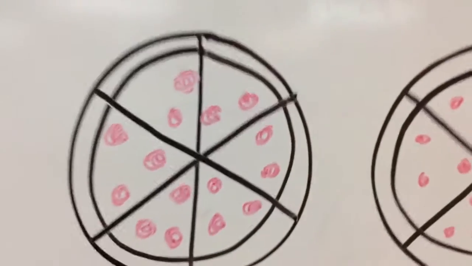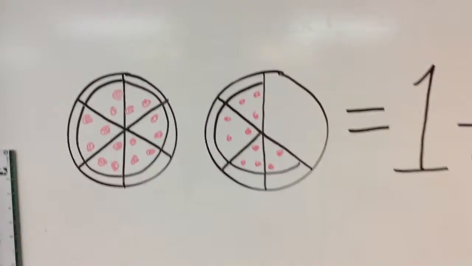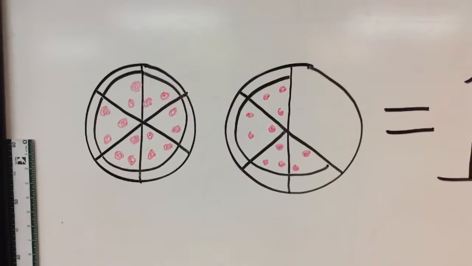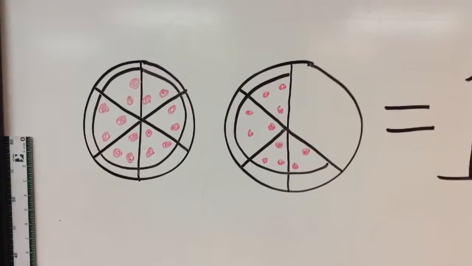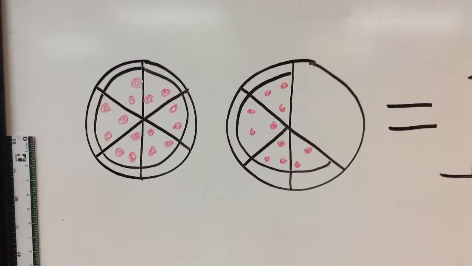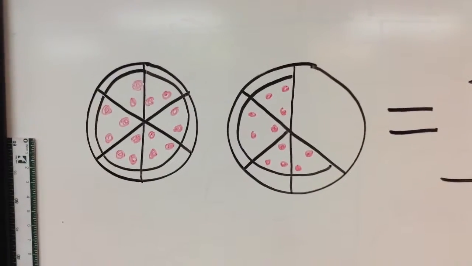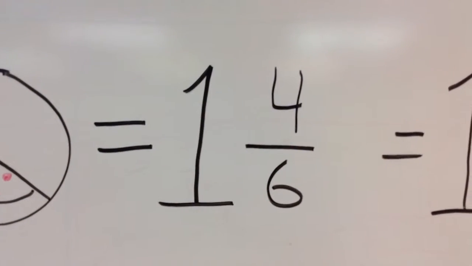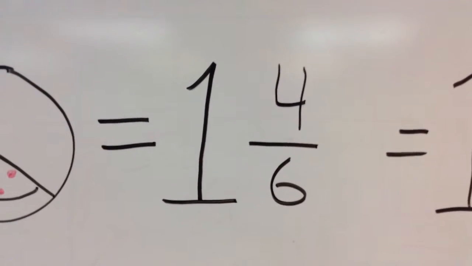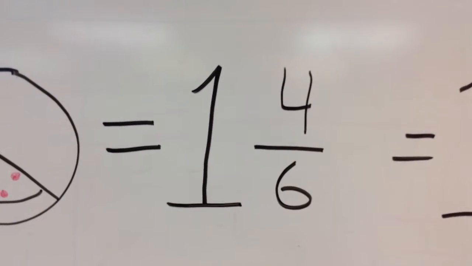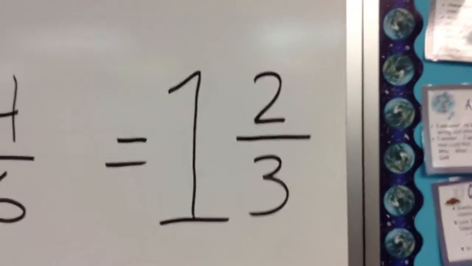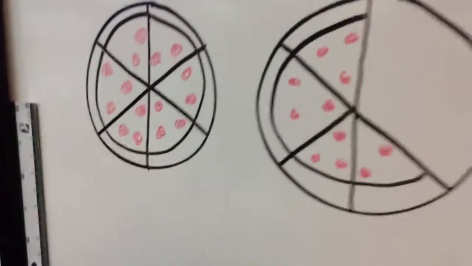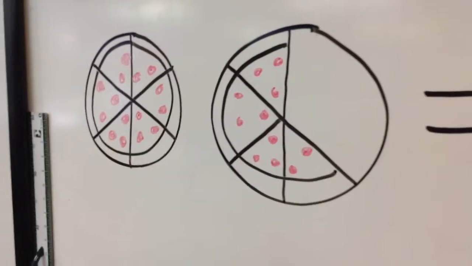Again, here's a normal fraction. A fraction of a whole pizza. It's cut into 6 parts. In fact, if I have one whole pizza and I have another pizza cut into 6 pieces and I have 4 pieces left, what mixed number would this equal? Hopefully you said something like 1 and 4/6. I'm going to further challenge you to simplify 4/6, and that would be 1 and 2/3. Those are mixed numbers. Those are fractions of whole things like pizzas, but today we're going to talk about fractions